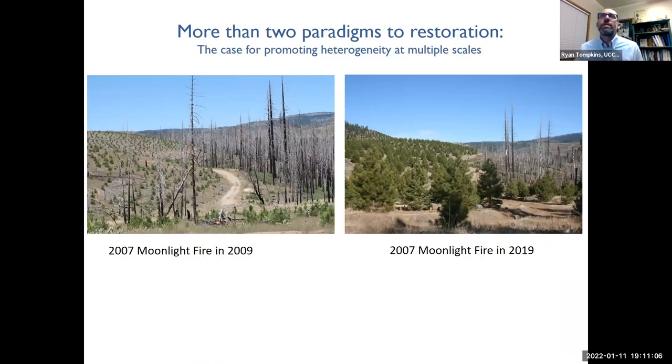So I want to emphasize that there are more than just two paradigms to restoration. I sort of presented you, and these are some photos of what we affectionately or not so affectionately call the wall of shame on the Moonlight Fire. On the left side of the road is private industrial forestry, where they have done salvage logging, applied herbicides, and planted trees, and been very successful in growing and establishing forested conditions, which is really an important objective. On the right side is public lands,